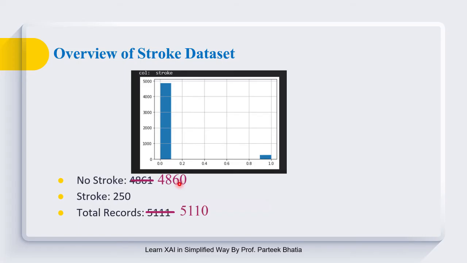As discussed in our previous session, we have learned that our stroke dataset is quite imbalanced, as this dataset has output attribute as stroke. There are total 5111 records in this dataset, and this histogram shows that majority of these records have label 0. We have 4861 records with no stroke and only 250 records with stroke. Here we have two classes and the data is quite imbalanced. In this session, we are going to discuss various techniques to balance this kind of dataset.